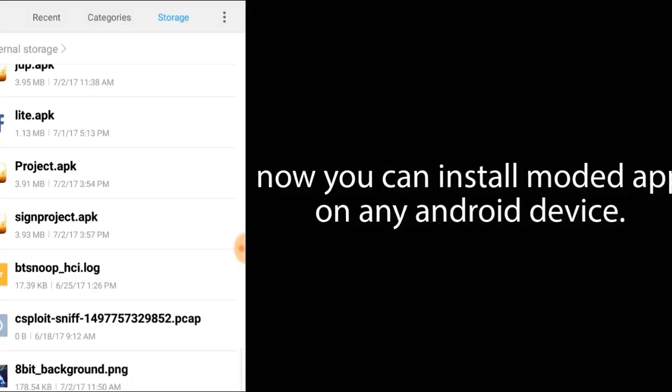Now you can see you get a message that you signed the file successfully. Now you can install the modified Android app. So let's install it. So the Android app was installed successfully.